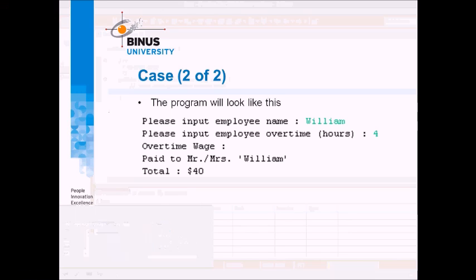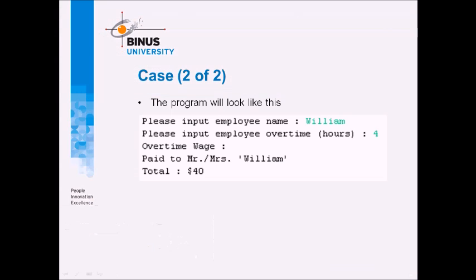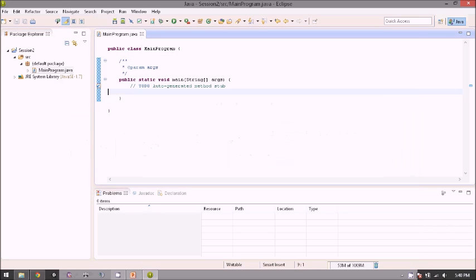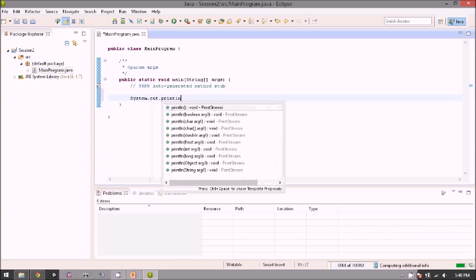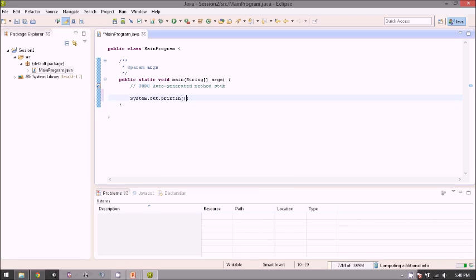As you can see, first we need to output this one, this please input employee name. This one will be written from the program, and to do that we need to write system dot out dot println, and we fill what we want to write inside these brackets.